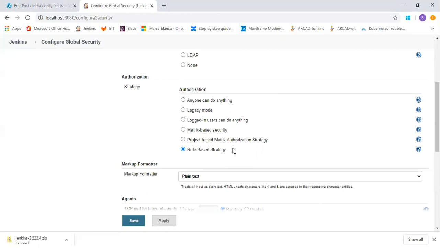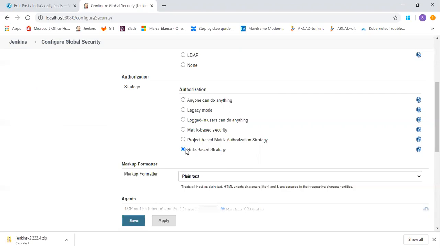If there is a developer in your organization and you want to give a role to that developer inside Jenkins, then you can create a role as developer, add that user, and give the developer role to that user so that he can access certain things in Jenkins which are restricted by you. I will cover that part in the assign role section.